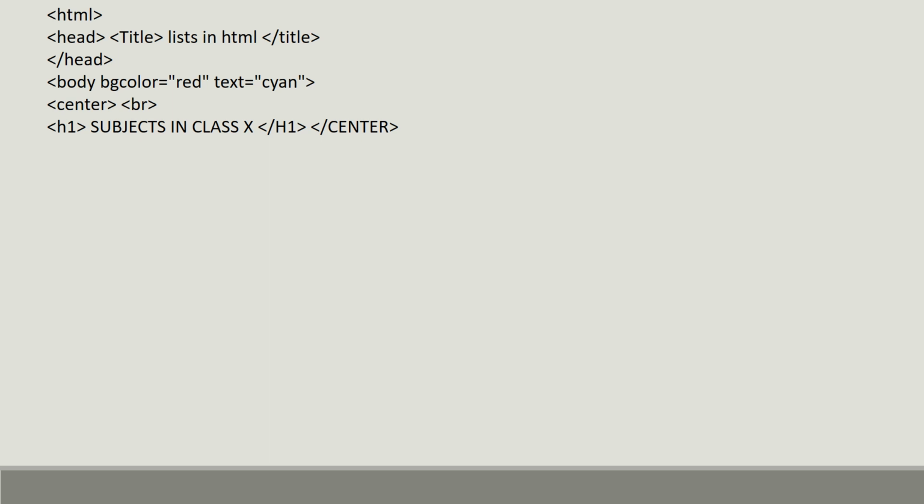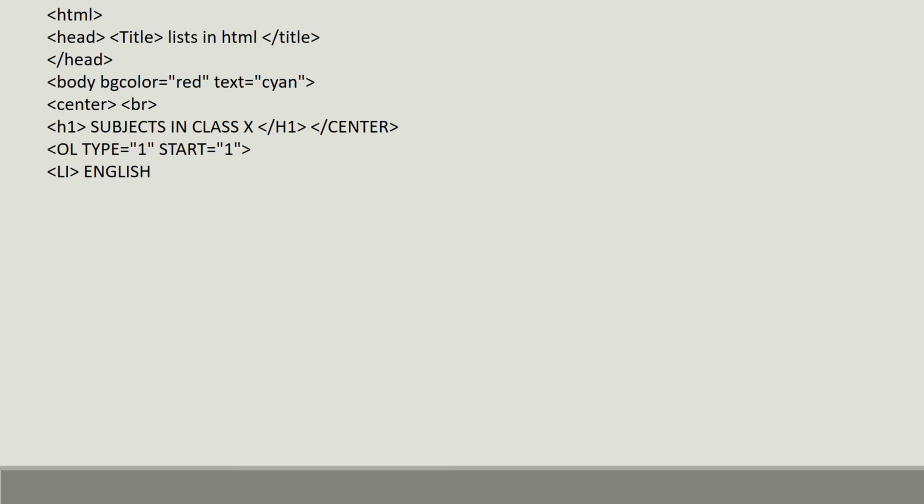As I told you, we are going to learn new things and repeat the previous things. So here I have used H1 as a heading tag, and I have closed this heading tag, and immediately the center tag is also closed because the rest of the things are coming left aligned. Now 1 2 3 means ordered list. So we'll begin with ordered list and start 1. OL type 1 start 1 means the type is 1, numeric value, and it's going to start with 1. What was there in the first? English. So we have to write only LI and then English. LI, listed item, and it's going to come 1 2 3 automatically.